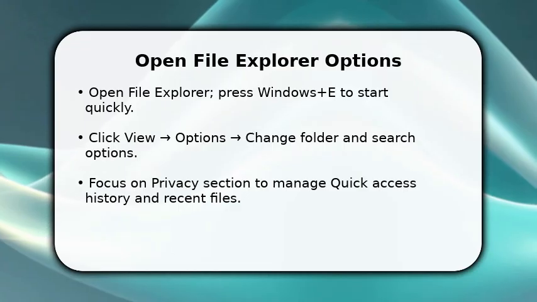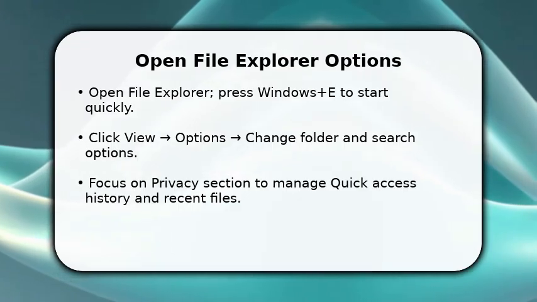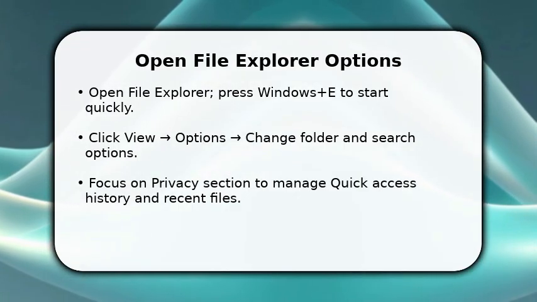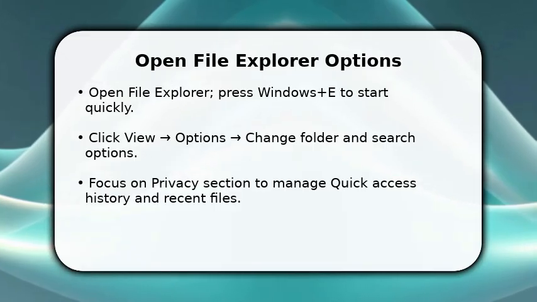Once done clearing the privacy entries, uncheck the two boxes that repopulate quick access: Show recently used files and Show frequently used folders. This prevents immediate reappearance. Next, clear jump lists and recent items by deleting the contents of %appdata